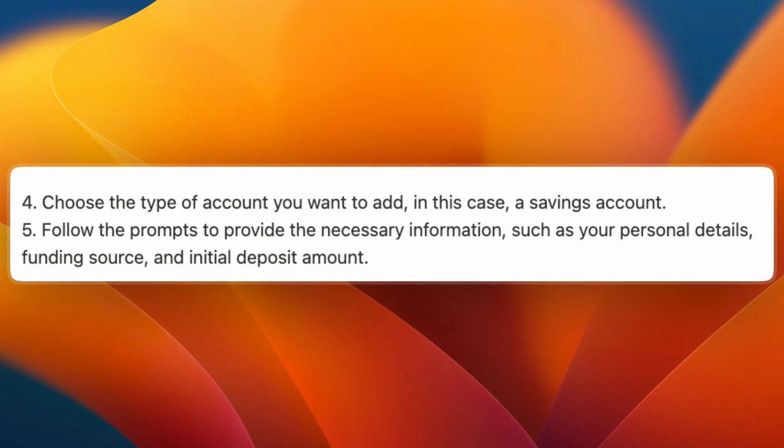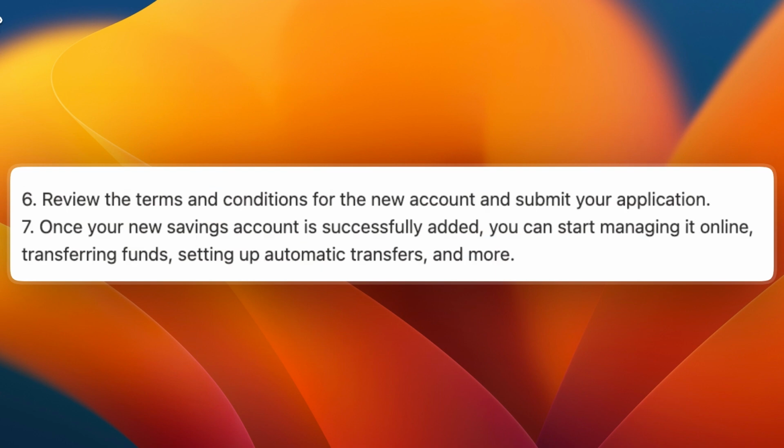Next, choose the type of account you want to add, in this case a savings account. Then follow the prompts to provide the necessary information such as your personal details, funding source and initial deposit amount. Next, review the terms and conditions for the new account and submit your application. And finally, once your new savings account is successfully added, you can start managing it online, transferring funds, setting up